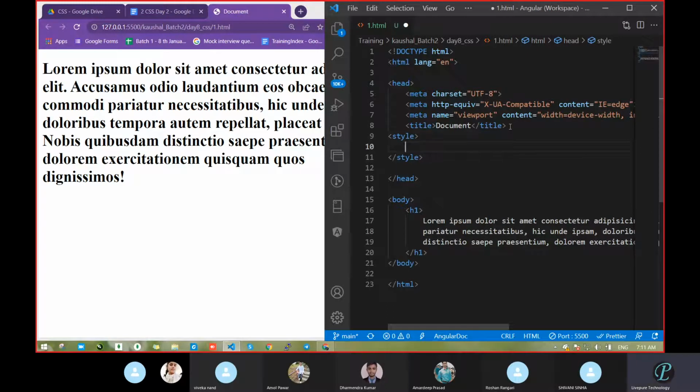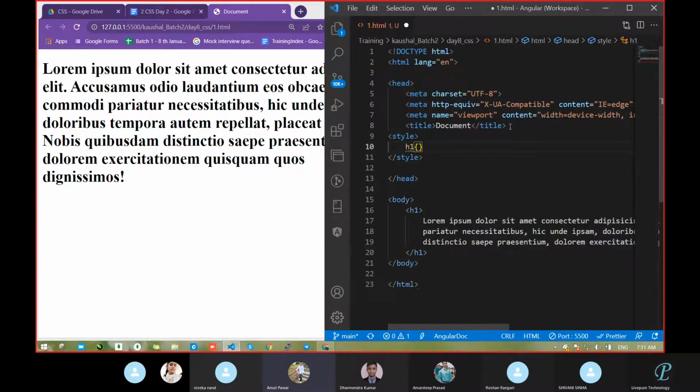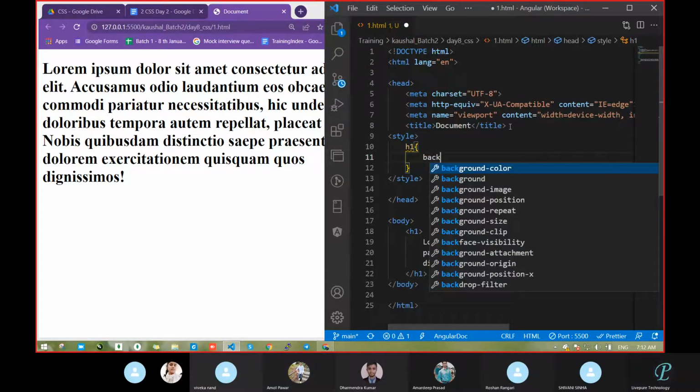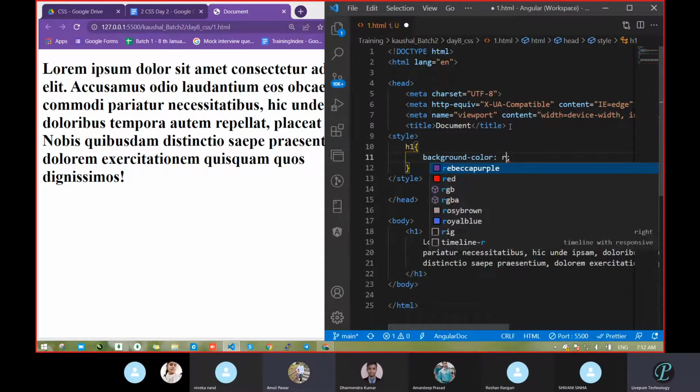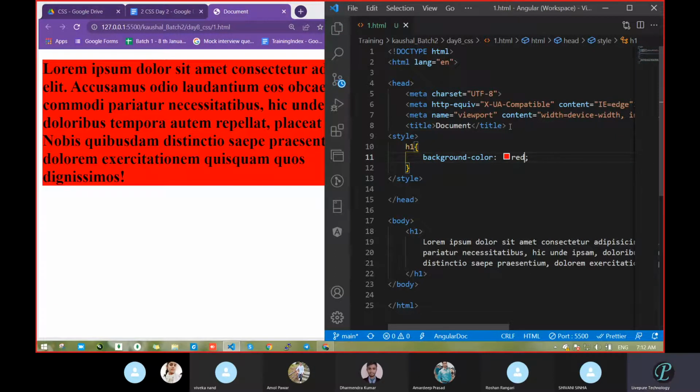Pooja, any idea? Style background. Okay, in the head, internal. Sir, H1 curly bracket open and closing and background color. Background color. Fine. Go with internal CSS. Okay. Fine. So we got our color, but I do not want it with the H1. What is the other way?